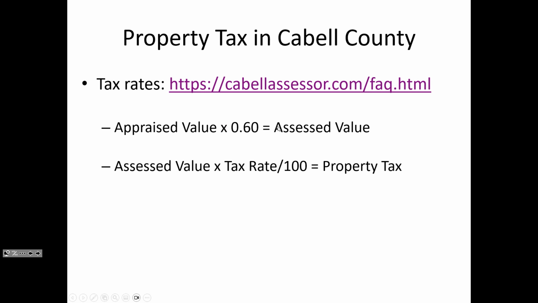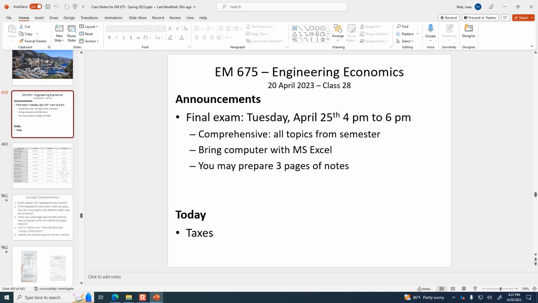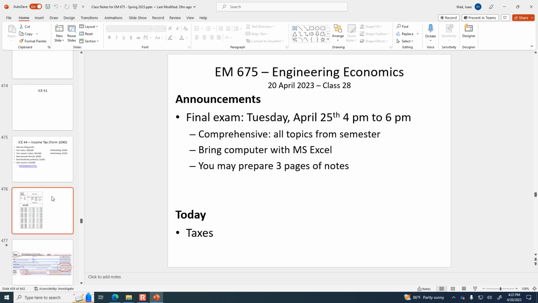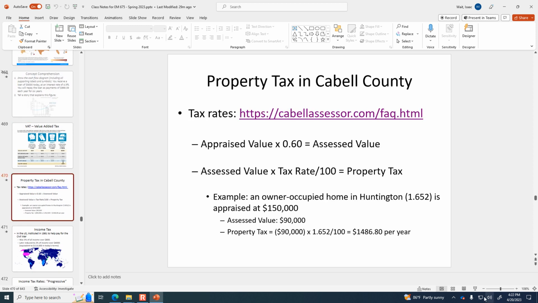And basically the way that works, you take the 1.71 and multiply it by the assessed value and then divide by 100, and that tells you the property tax. And so it's basically 1.71% of the property value is how much tax you have to pay each year. And the assessed value isn't actually what it would sell for, but it is more related to,